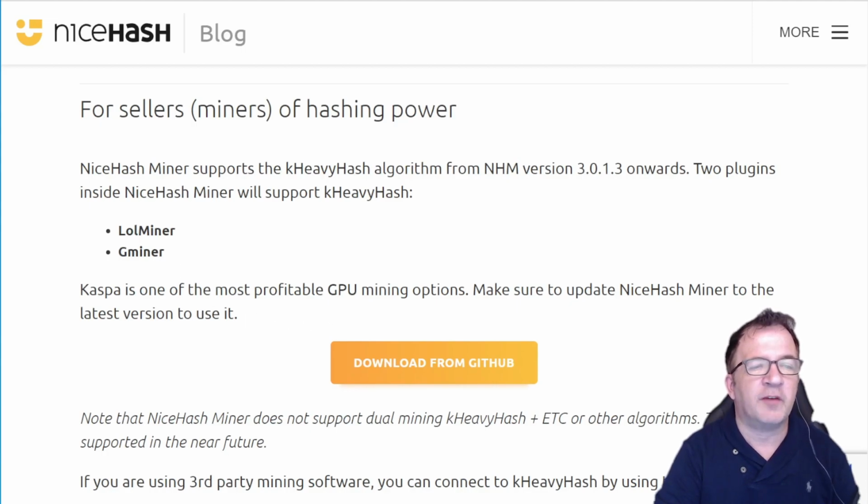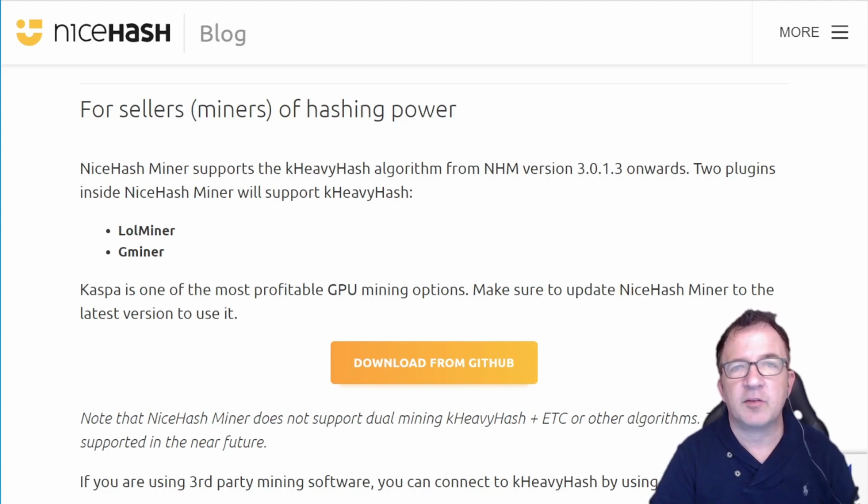KASPA is one of the most profitable GPU mining options. Make sure you update Nicehash Miner to get the latest version to use this. Now, the download for this is available directly on GitHub. So I'm going to be downloading this latest version of the Nicehash miner and testing out mining KASPA within Nicehash